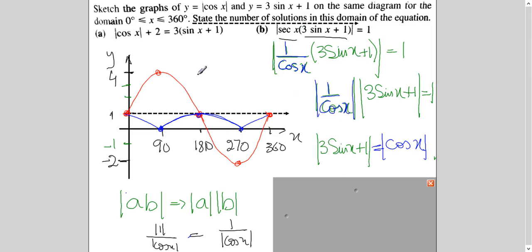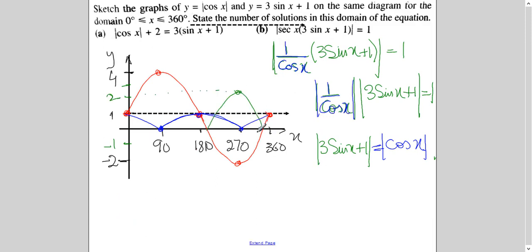If you see what we have sketched here in red is actually 3 sin x plus 1. It is without modulus. So what comes to your mind? What will you do? You will simply reflect the part of the curve which is below the x-axis in the x-axis. So this below part will be reflected up here, right? So once I reflect it, this part you will erase. This part you will erase. So now this is your curve. This red part and green part is representing this, and blue cos x is represented by this.